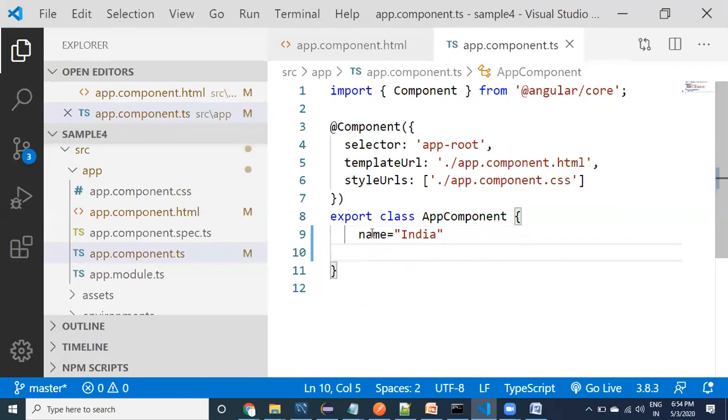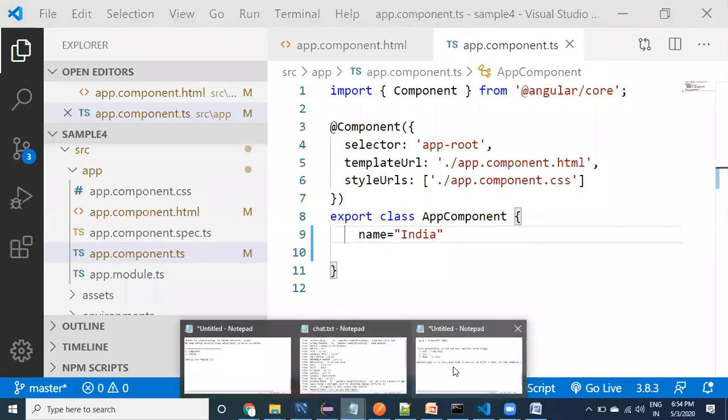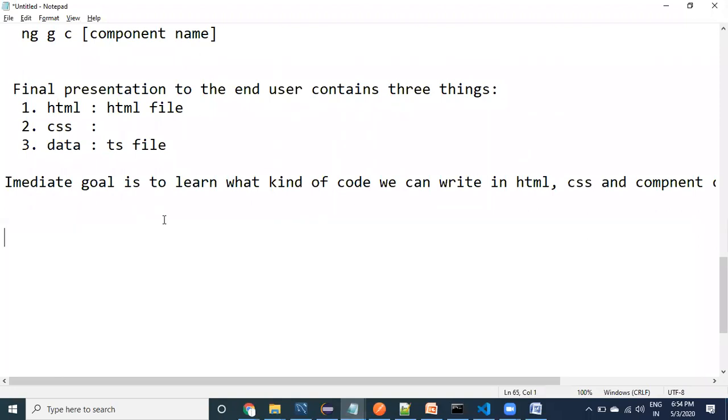So name is India. This is a property. See here, guys, if you observe carefully, this is a property. Now what I said just before is that we can use properties and methods in the HTML.